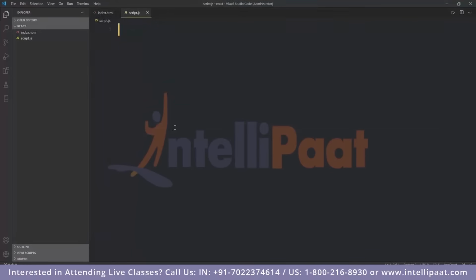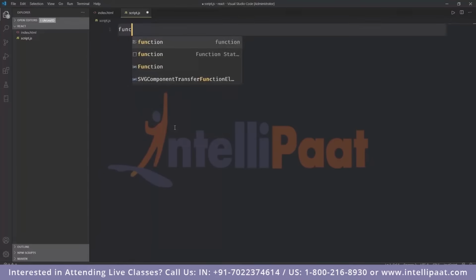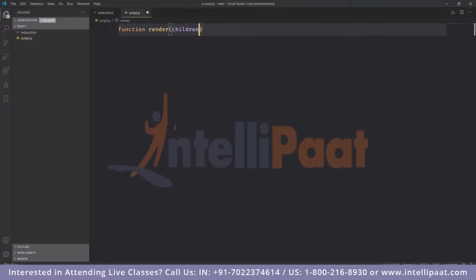So for that, we'll need to create a few functions. We want to display an h1 tag with the text "UI without React", so that you can understand how difficult it might be. Let's take a look at that. So what we'll do is we'll create a function render. Render will take children,